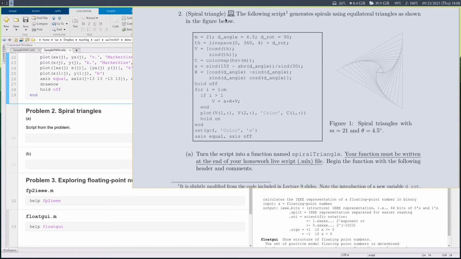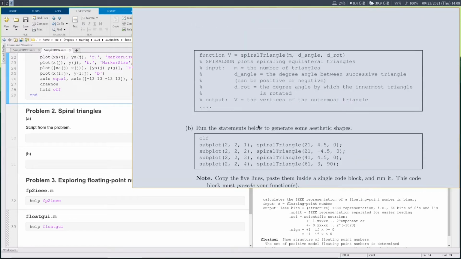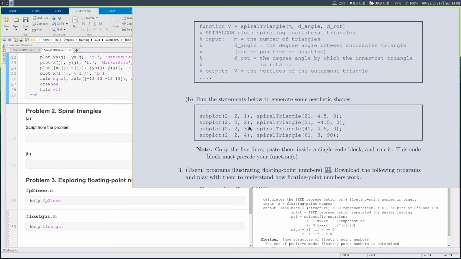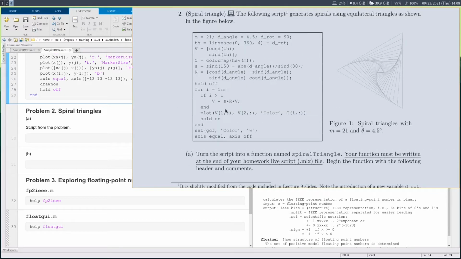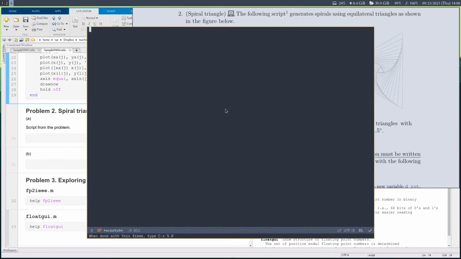Okay, so in this simplified problem, you are not actually asked to introduce any meaningful modification to the code, but you are simply asked to turn this script into a function M file. So I'm going to quickly show you, and then I'll also show you how you run the code as requested in part B. Okay. So first things first,